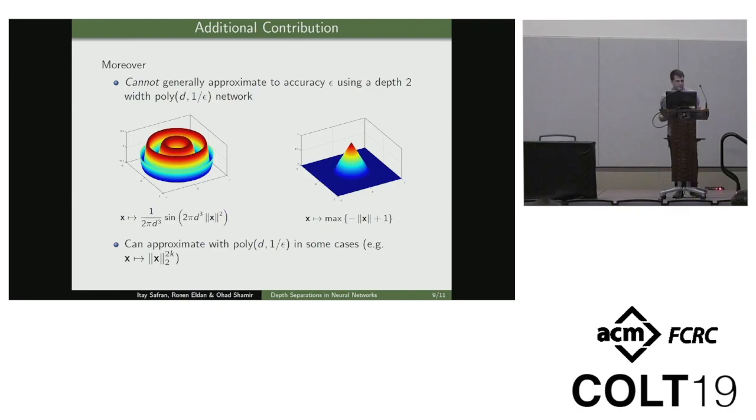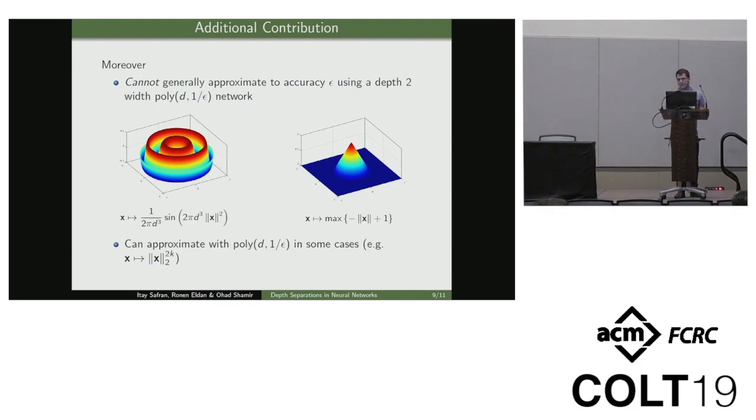Here to the left, we see a reduction to a result by Daniely. This is a function that cannot be approximated efficiently with polynomial dependence on both parameters, and this approximation is done on a compact domain using exponentially bounded weights. And to the right, we see a function that cannot be approximated, using a reduction to the result of Eldan and Shamir,